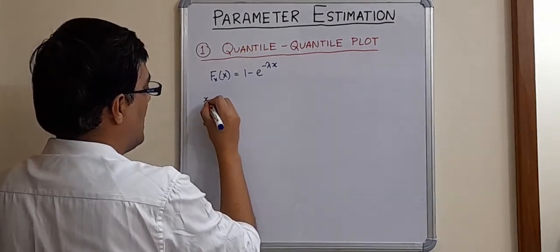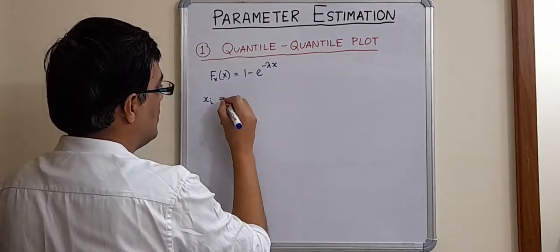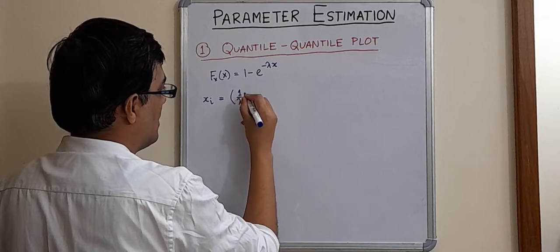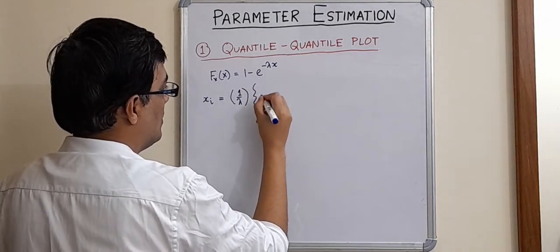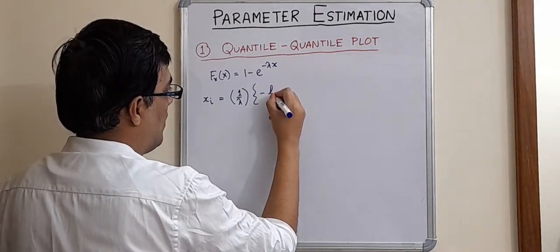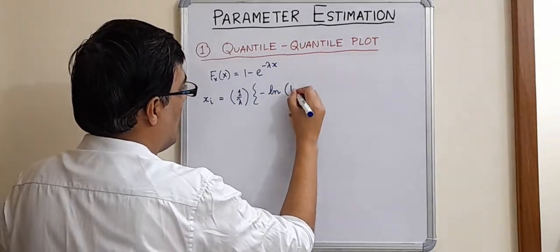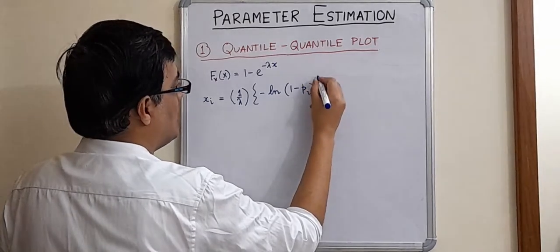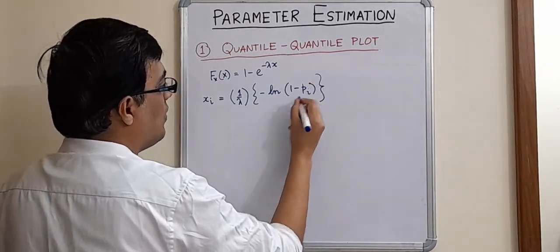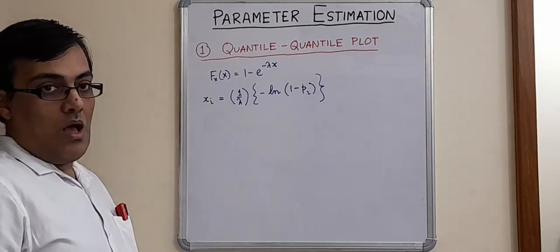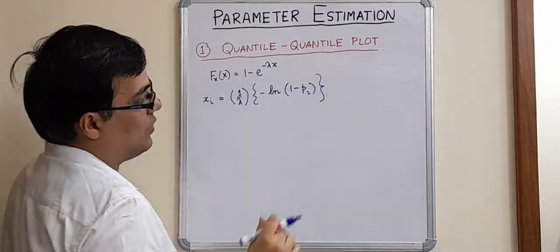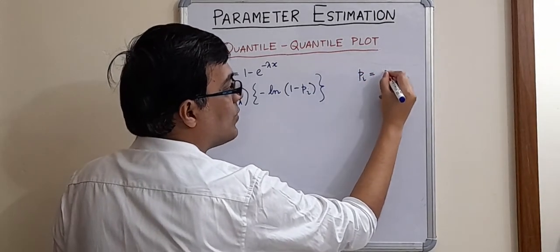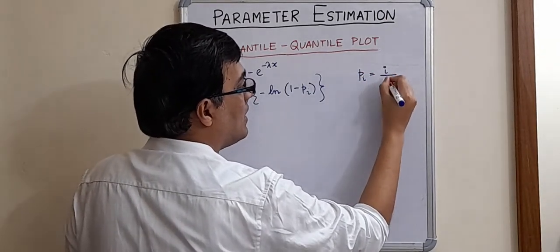We wrote xi is equal to 1 by lambda into minus log natural of 1 minus pi, and we said there has to be a way of finding out pi. Now how do I find pi? Now there is an empirical procedure. The way pi is found out is by this formula, i divided by n plus